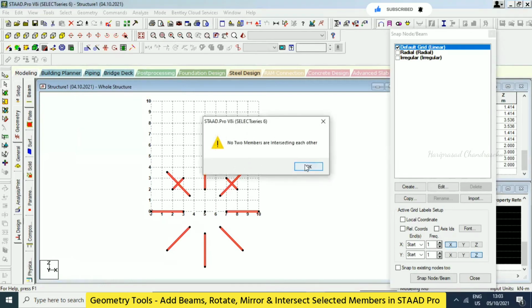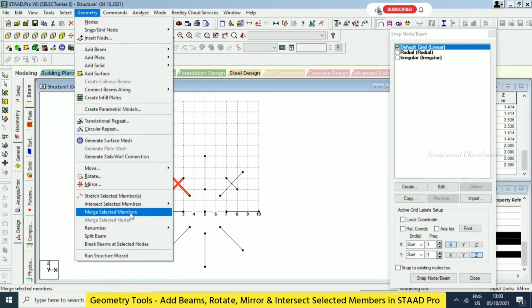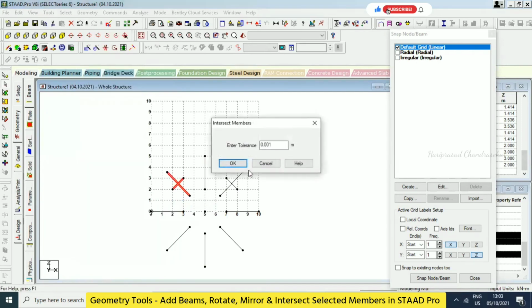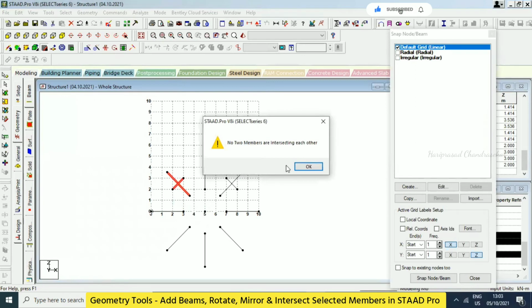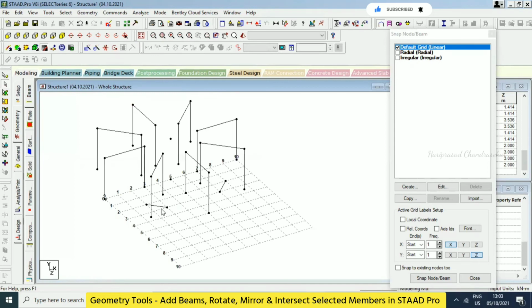No two members are intersecting each other. See, geometry, intersect. No two members are intersecting each other. Okay, this is intersecting, right? See, can you see what we created? It is at the 0 level. So that's why it is not intersecting at all.